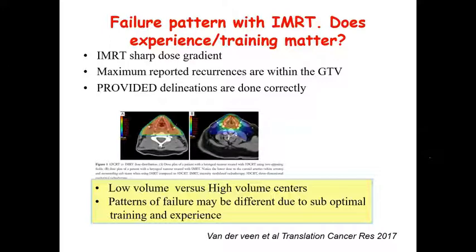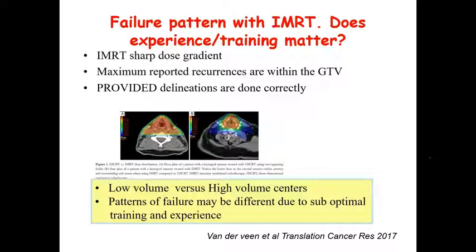Infield recurrences means that the tumor failed in the heart of the gross tumor. And that can happen only because of aggressive biology. It is a reflection of biology. Now, while that side is true, we must not forget that these were all studies where delineations were done properly, and they were done after adequate training, expertise, and experience had been gained.